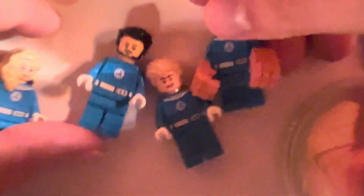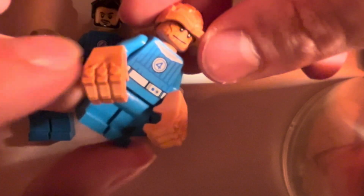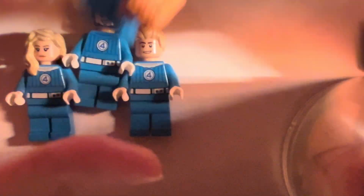I just got the set recently, or just built it. I had the set for a while, but I built it after I watched the movie. The Galactus set. I really like the thing the most. I love the printing they had. This special molded piece for the head, and I love the 2 faces for them, and then the hands look great. The other 3 I'm a little bit disappointed with, not gonna lie, but I like the thing